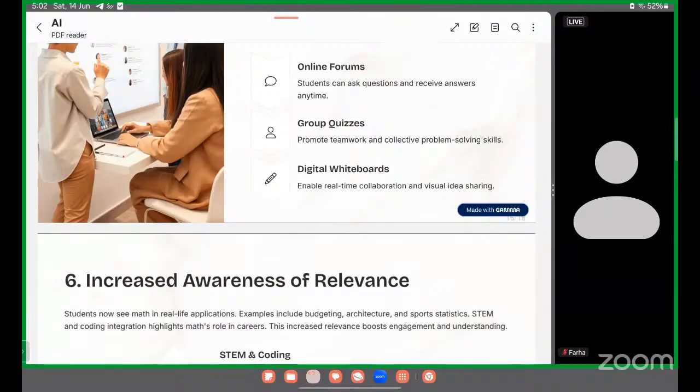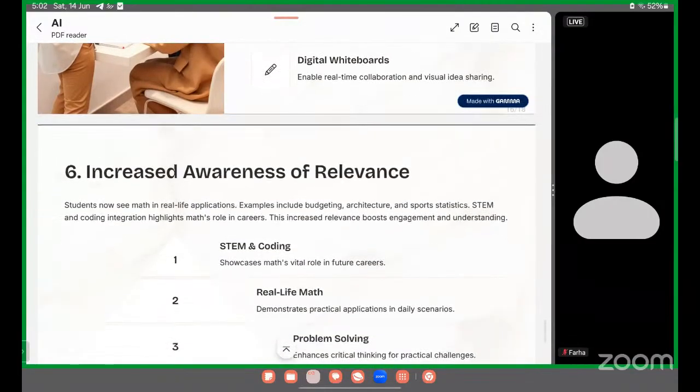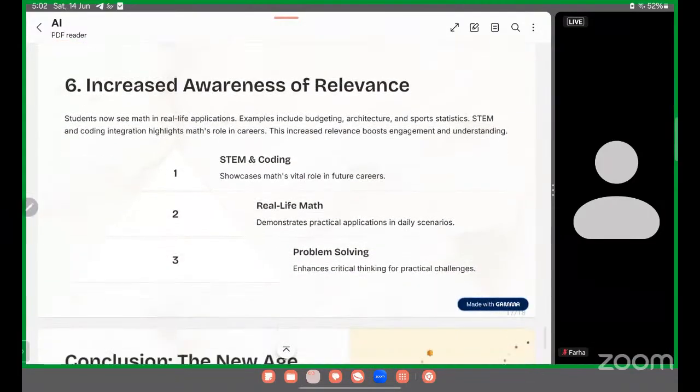We need to increase the awareness in students of why we study maths, what the usage of maths is in real life. As we said about budgeting, we need to understand budgeting calculations like GST calculations and EMI calculations. These are real-life examples to understand the maths, and problem solving enhances critical thinking for practical challenges. So, to increase awareness and relevance.